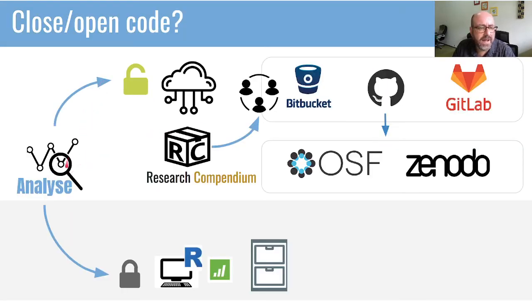And when we analyze the data, we need to generate code. We can opt to not open it, to just keep the code with us, or we can prepare files and properly store those files on repositories. Of course, that depends on the kind of software we are using, and I'm going to show you later some options of the best tools that we can use to make our research more reproducible, because for some of them it's impossible. We cannot reproduce the number of clicks that we do in a software, for example, but we can reproduce code